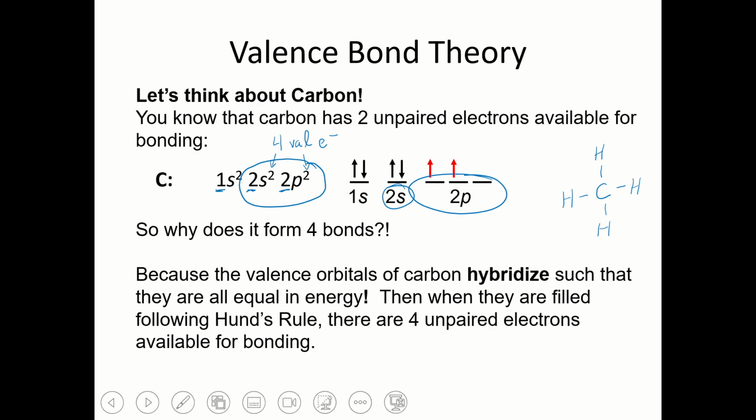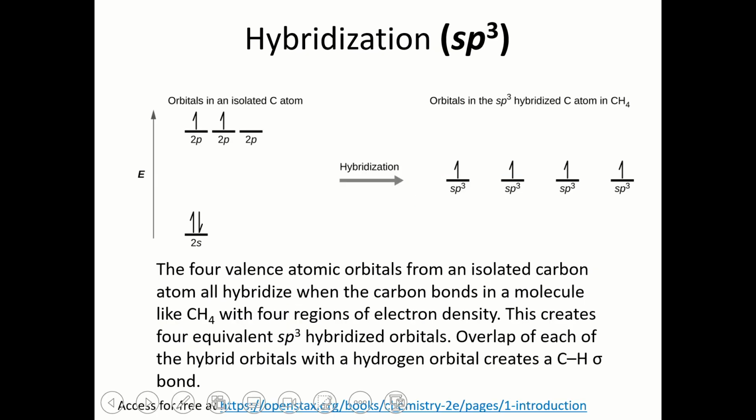And when we do that, in this next example, you can see that if we take all 3 of those 2p orbitals as well as that 2s orbital, and we create hybridized orbitals that all have the same energy level, we can take those 4 electrons and space them out so that we have 4 unpaired electrons. And so these new hybridized orbitals we call sp3 because they came from 1 s orbital and 3 p